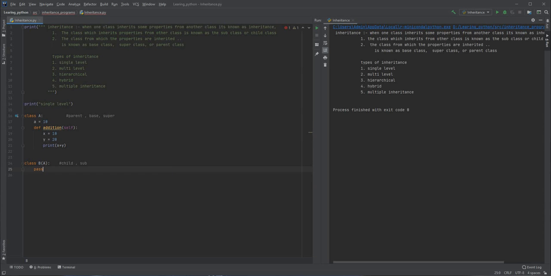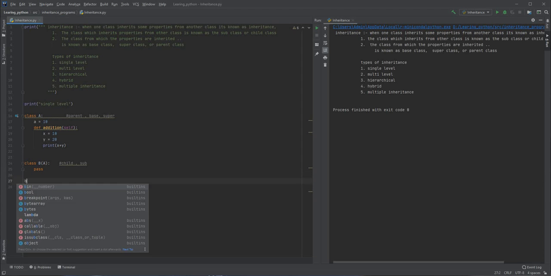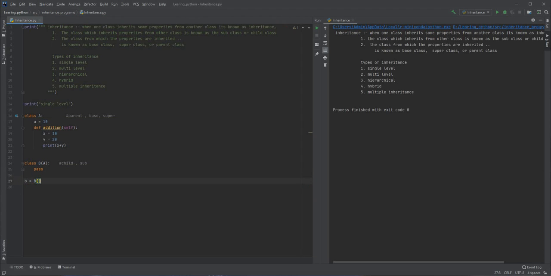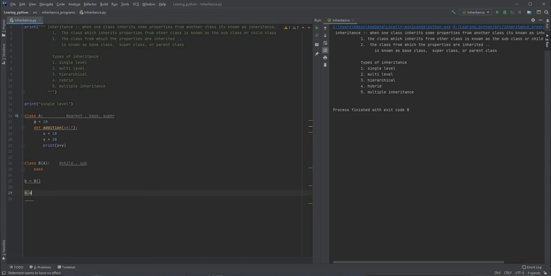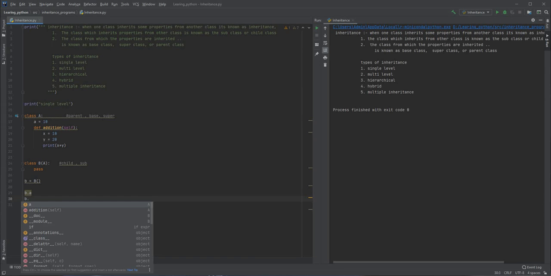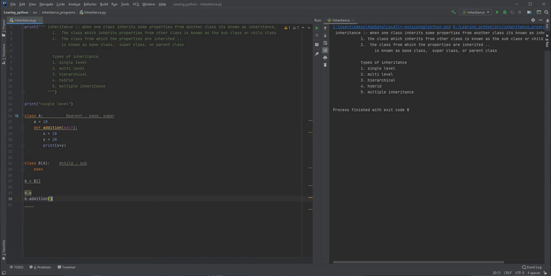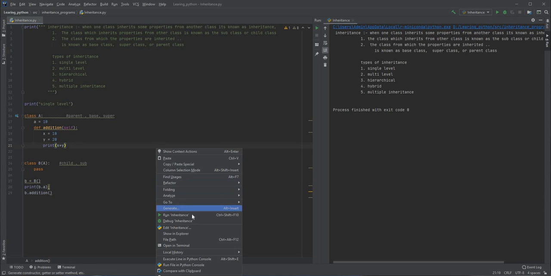So here I just have to create an object of class B using the constructor of class B. Using this reference variable B, I can access the value A, as well as the addition method, which are present in class A. Let me put it in the print statement so that we can print the value of A like this.